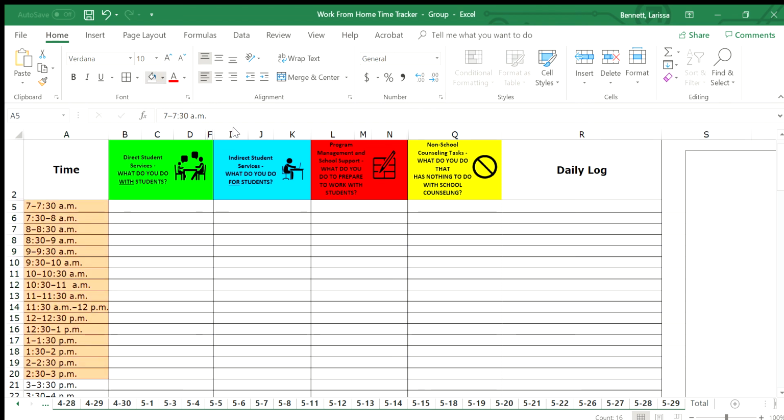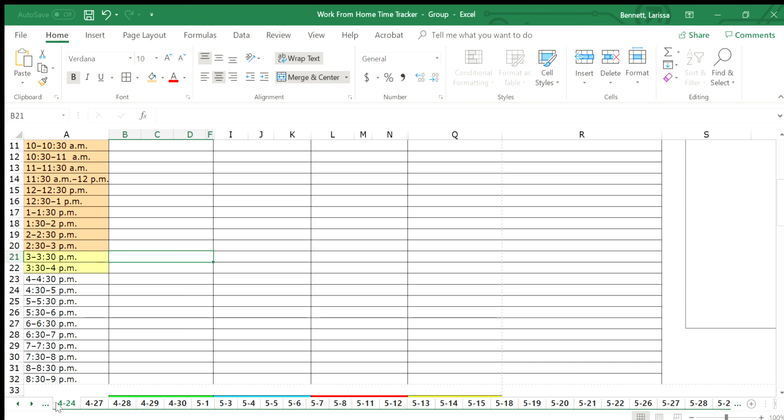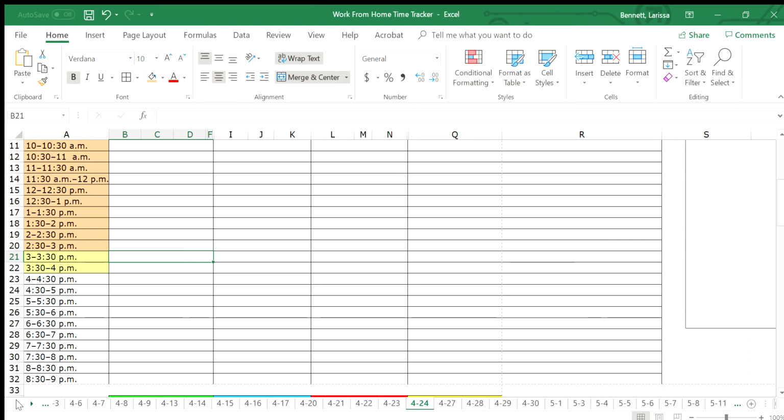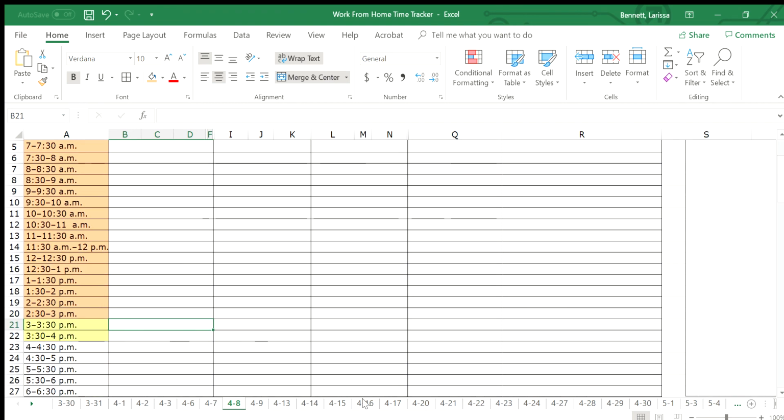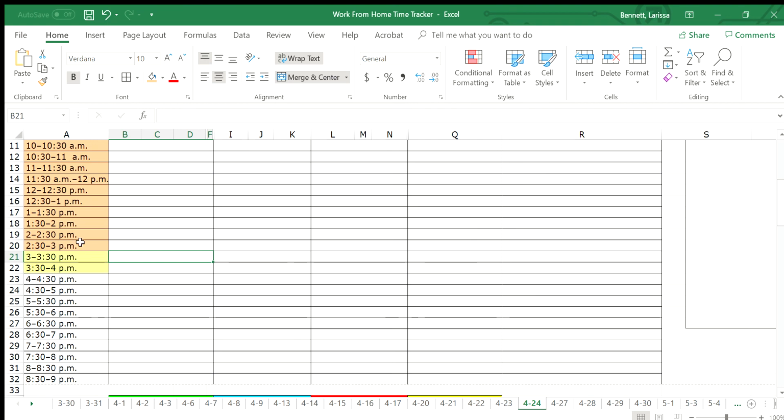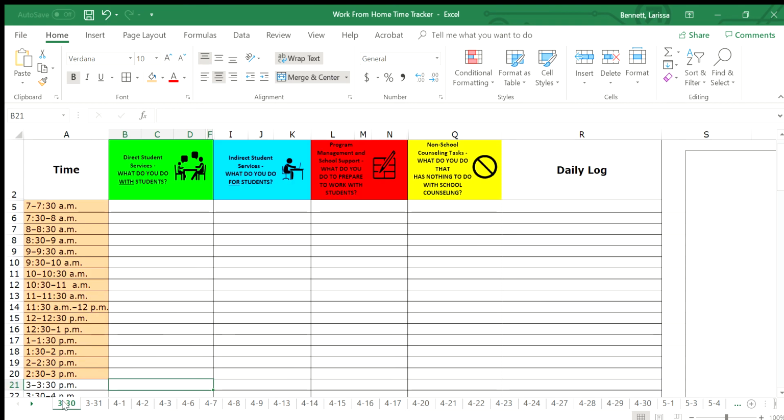I'm going to make it orange this time, and that will click off. Click one sheet, press your shift key, and that will again turn, let's double check, that will turn every day to that orange color. And because I have those yellows there, I'm going to do the same thing.